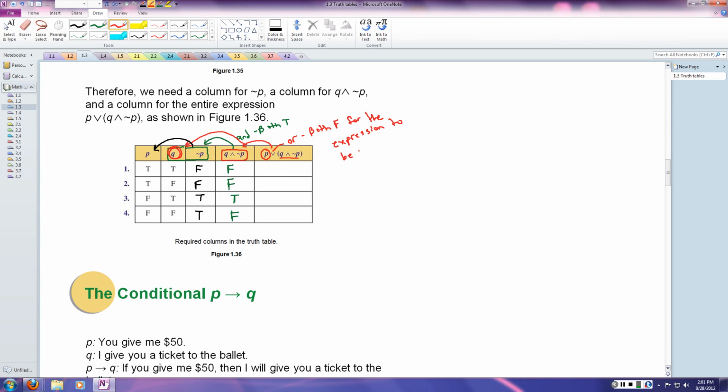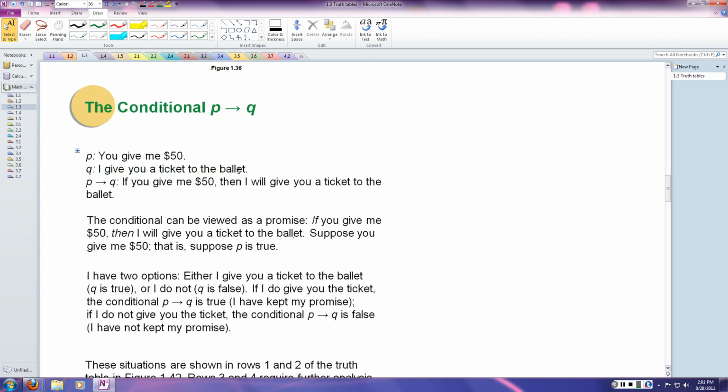for the expression to be false. So here I'm looking at true, false. So or means that's going to be true. Here I have false, false, so that tells me false. Here I have true, true, so that's true, and I have false, false, so that's false. So this is a completed truth table there. Sorry if my F's look like E's. So that simplifies the conditional and